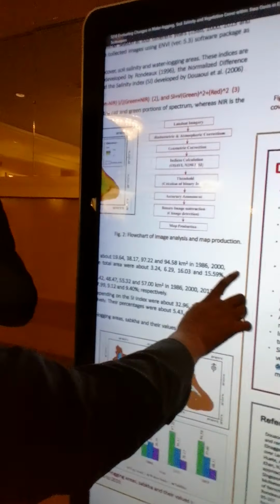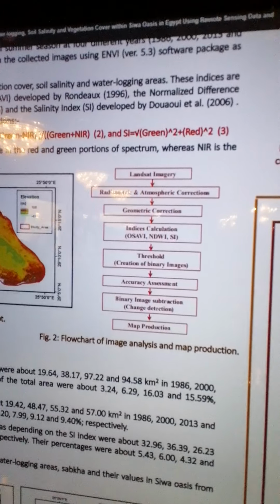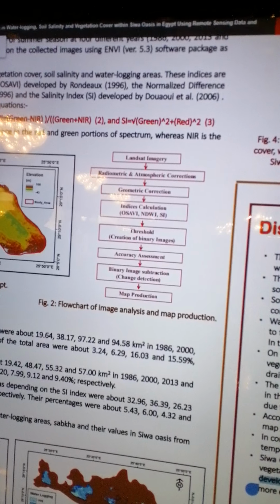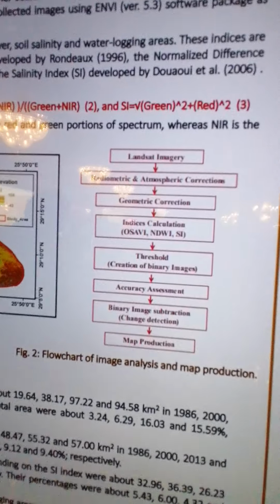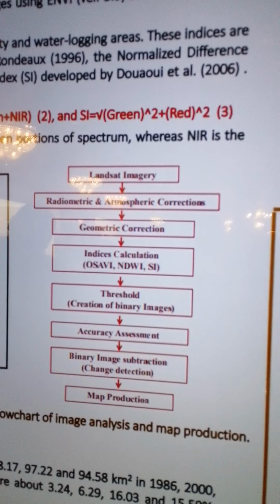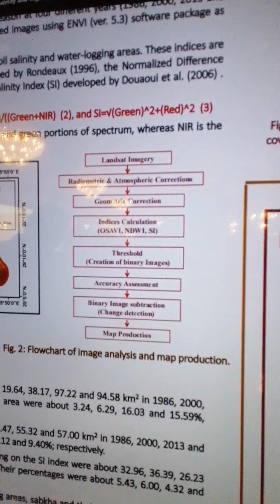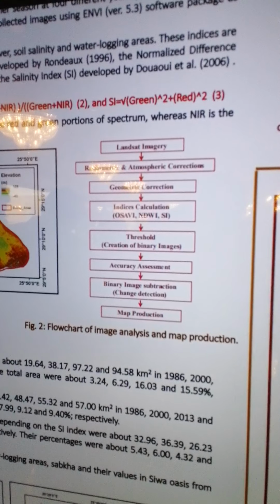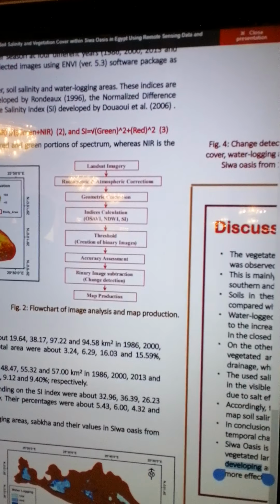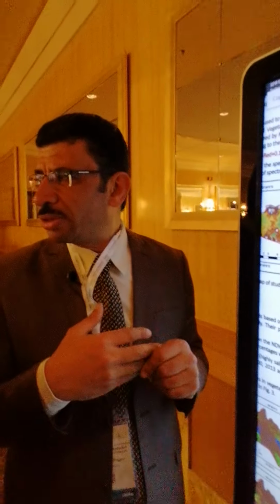What is the criteria for choosing the accuracy assessment points? Yeah, I made a comparison between the binary image, the classified image, and the high resolution images, and also the field check. How many points are there? I don't have them now, but I can give them to you later. Excuse me, doctor. Did you use Landsat images only or hyperspectral data? No, I've used only Landsat. I need to ask you: is Landsat